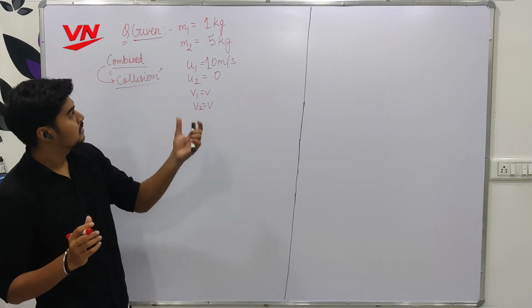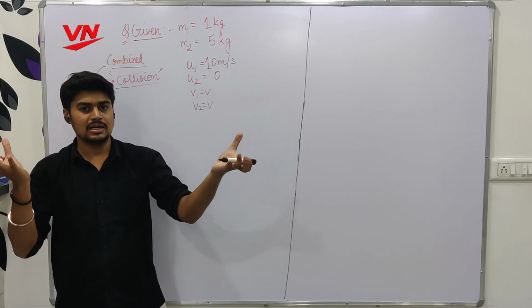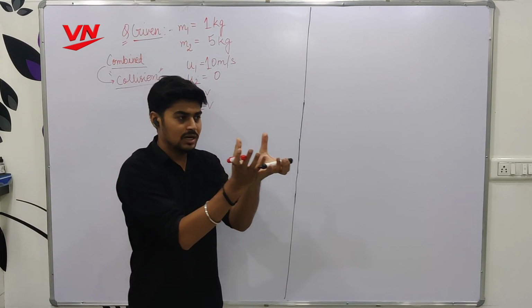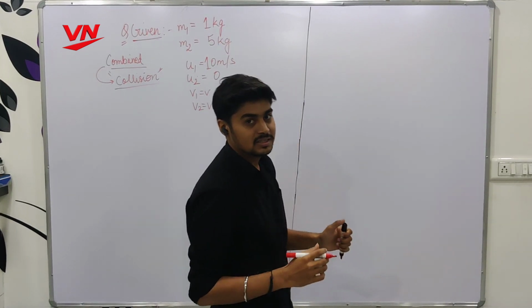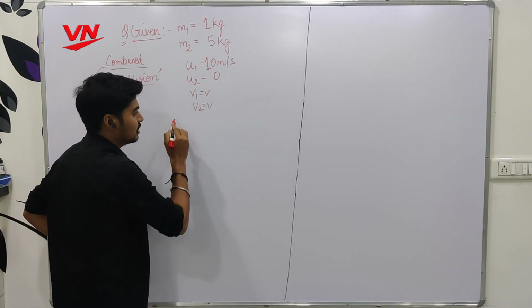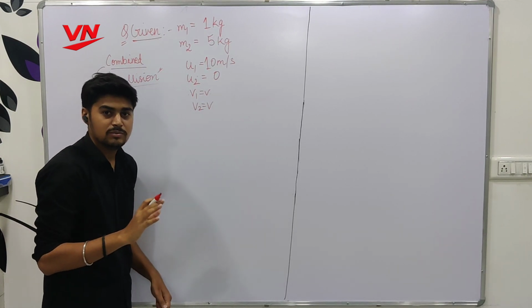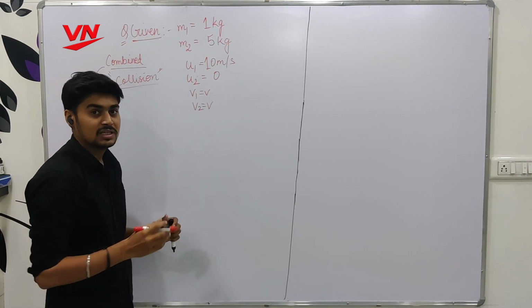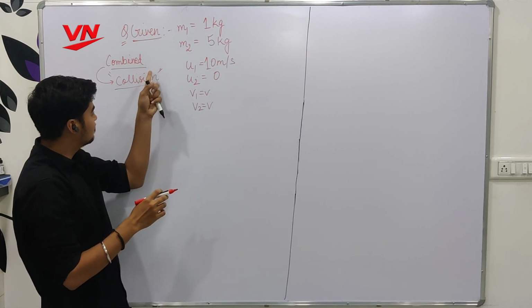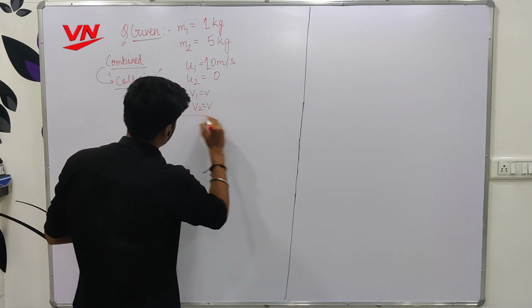Whenever these two different objects have velocity 0 and 10 meter, after that they both collide and move with the same velocity. That's why we have to calculate the combined velocity. Means the velocity of the first and second object becomes same, whatever the velocity it has, but the value will be same. Both are moving with the same velocity. After the combination, means there is some collision. If you remember, when there is collision,